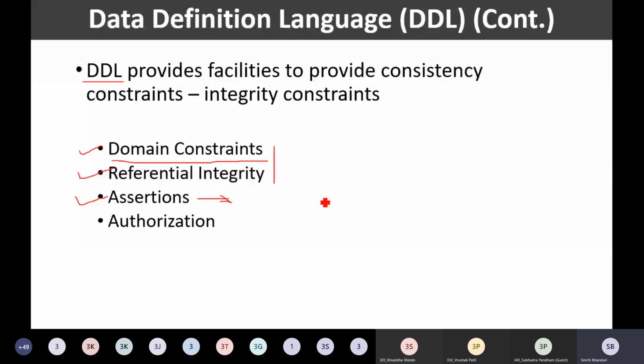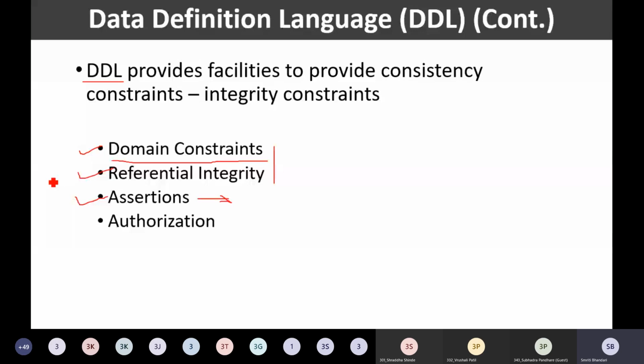And that condition can be imposed by means of assertions. We are not going into the details of assertions. This is just for your information. Other than domain constraints and referential integrity constraints, sometimes we need to impose certain conditions that the database must always satisfy as a whole, in its entirety. So we need to check whether all the departments are satisfying this condition. That can be done by making use of assertions.